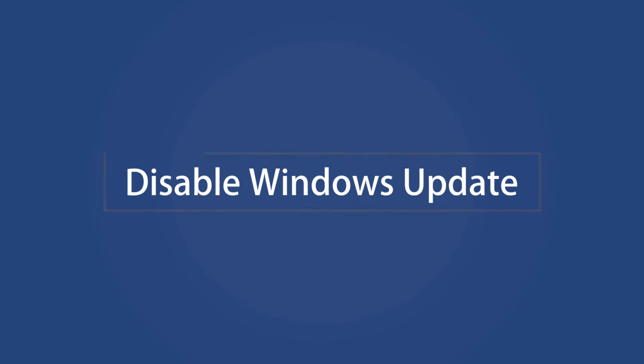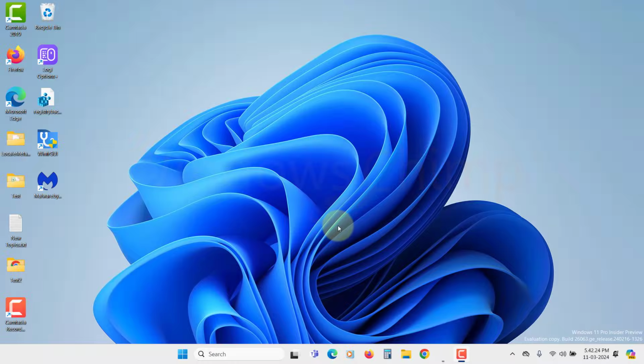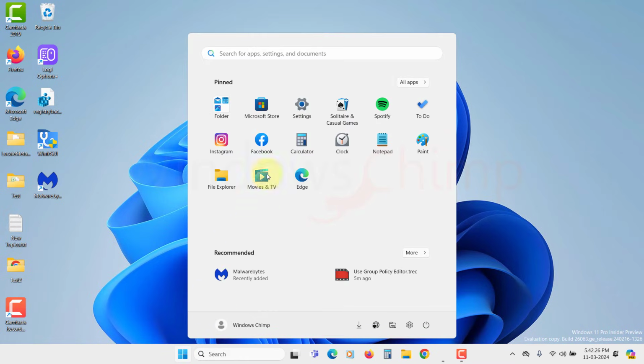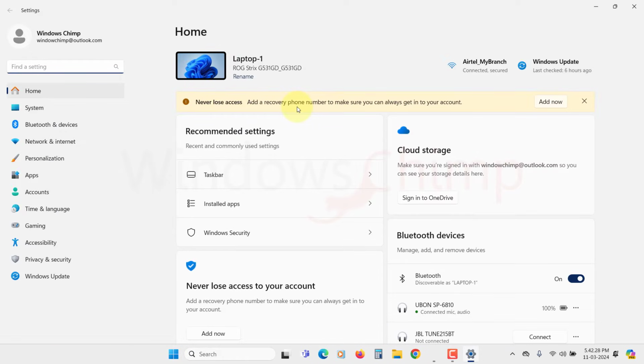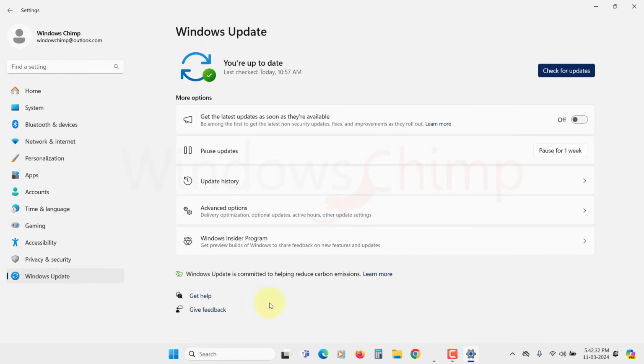Disable Windows Update. The most important reason your Windows Defender's real-time protection keeps turning on is the Windows Update. Microsoft releases security updates and patches from time to time. These updates have instructions to rewrite security configurations, force enabling real-time protection. If you want to disable the real-time protection and keep it that way, you will have to disable the Windows